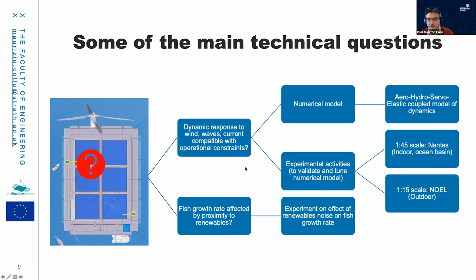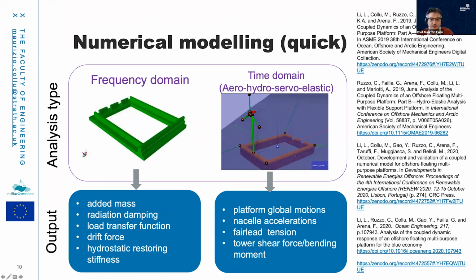So numerical modeling, I will just touch quickly on this, is based on the classic approach of initial frequency domain analysis, where you can basically work out what are the hydrodynamic coefficients of your platform, but including already the mass of the whole platform, including the wind turbine, including the oscillating water column, and so on and so forth, followed by a time domain analysis where you are able to include all the forces acting on this platform,